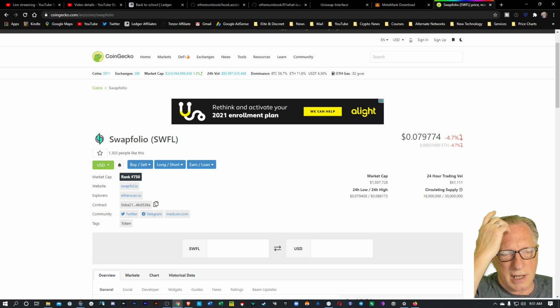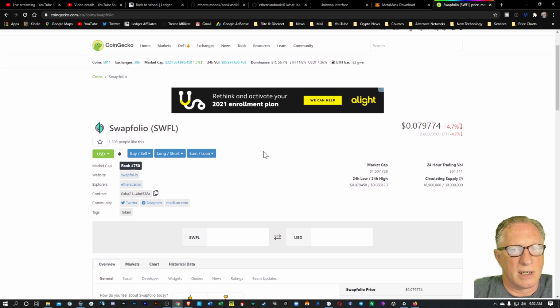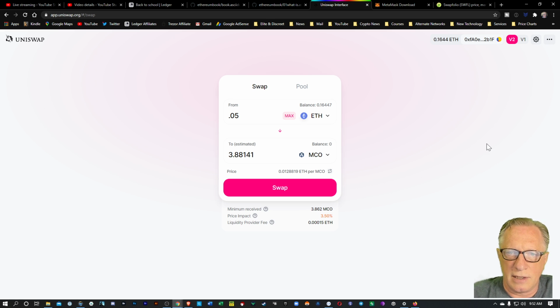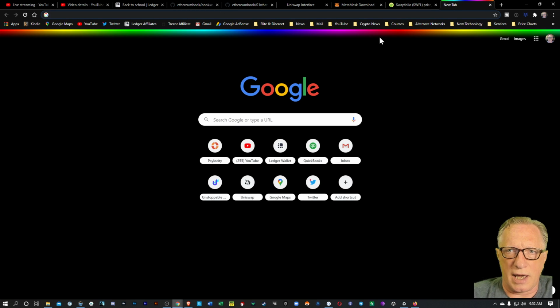You can create an ERC20 on the Ethereum network if you know how to code a little bit, and there are fakes, right? So let's say you've done all your research and you're 100% sure you want Swapfolio, and then you run over to Uniswap and you don't see it in the list because it's new, and so you search for it and you end up with a fake Swapfolio. All right, so let's look at